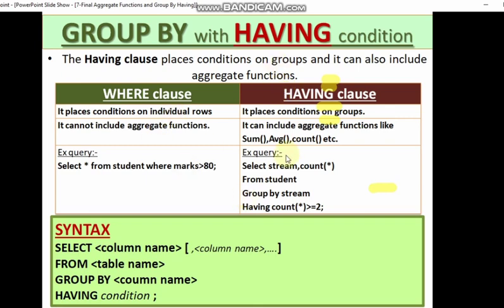The difference between where and having is that where places conditions on individual rows and it cannot include aggregate functions. This is very important: the where clause cannot include aggregate functions, whereas the having clause includes aggregate functions and places conditions on groups.